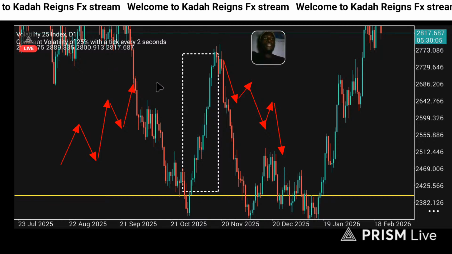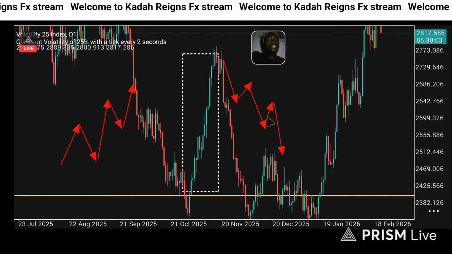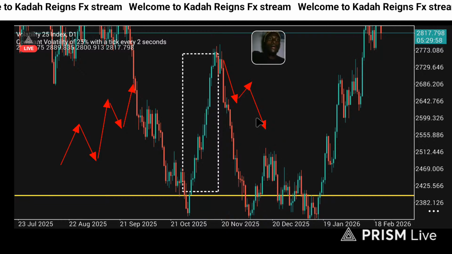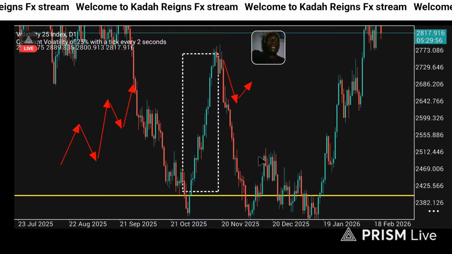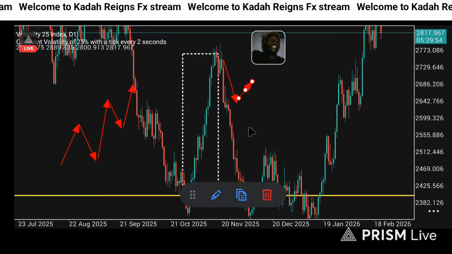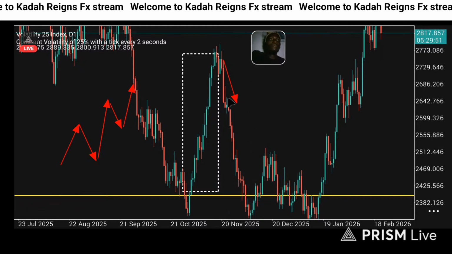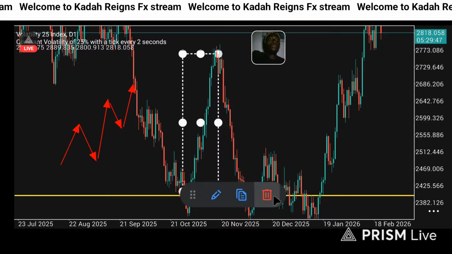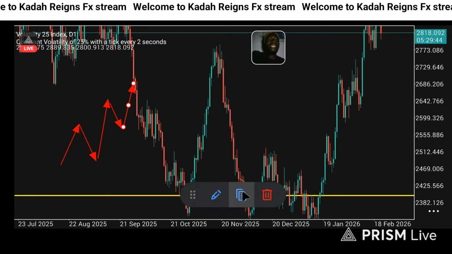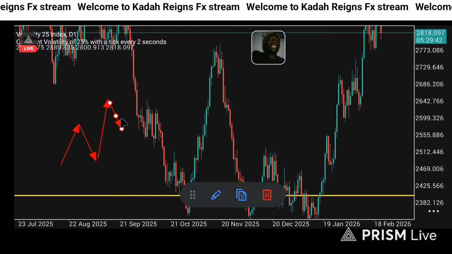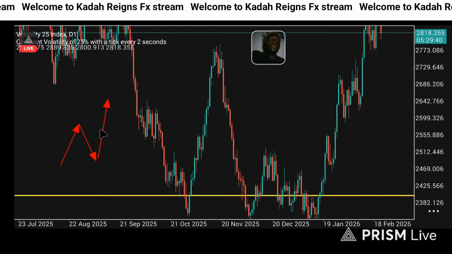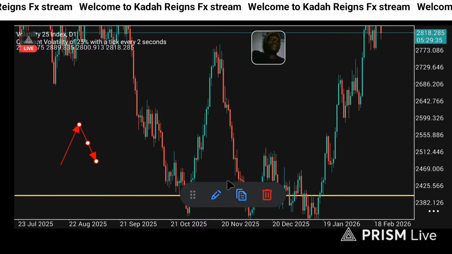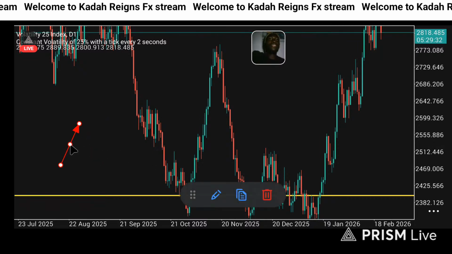So first thing is first, you want to identify the trend, and you identify the trend by taking a look at the higher time frames, right? You want to be focusing much on the daily time frame, the weekly time frame, and the monthly time frame, because they are the ones which are going to tell you which trend price is currently in, so that you follow the trend. You don't want to be selling when the market is buying. Why? Because you may get stopped out. You want to be the trader who is following the trend, right?